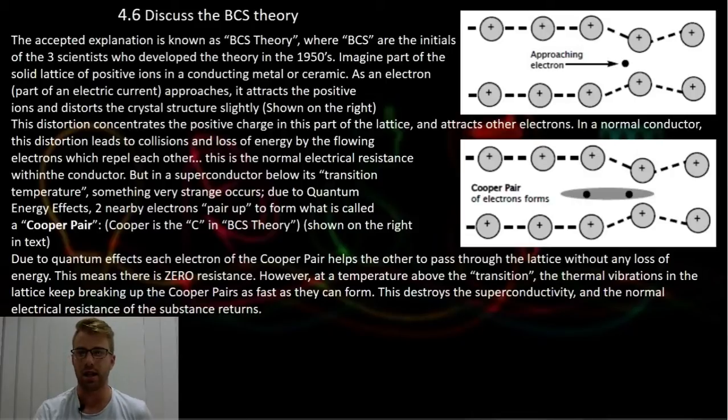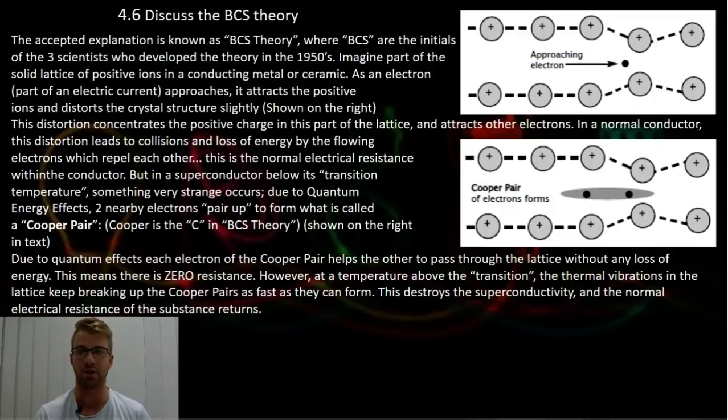In a normal conductor, this distortion leads to collisions and loss of energy by the flowing electrons, which repel each other. This is the normal electrical resistance within a conductor. But the key thing here with superconductivity is that in a superconductor, below its transition temperature, something very strange happens, and this is called the quantum energy effects, where